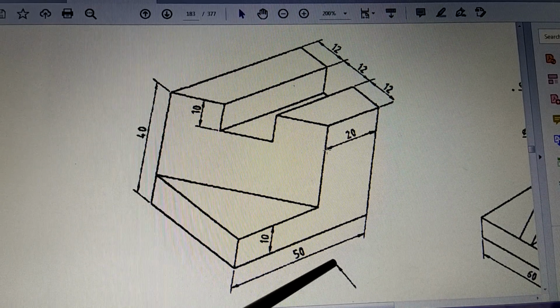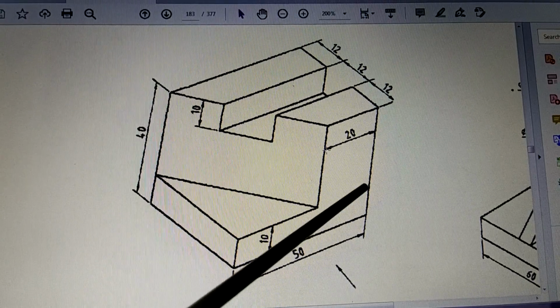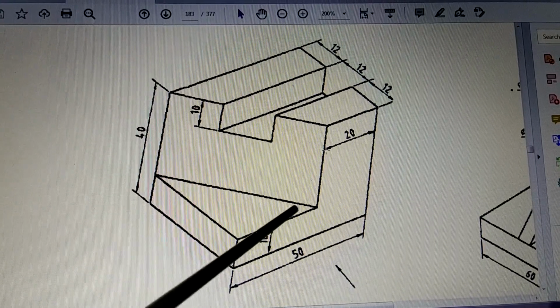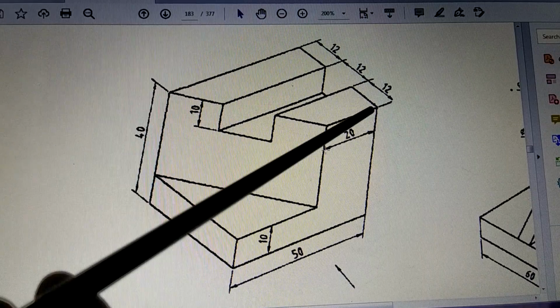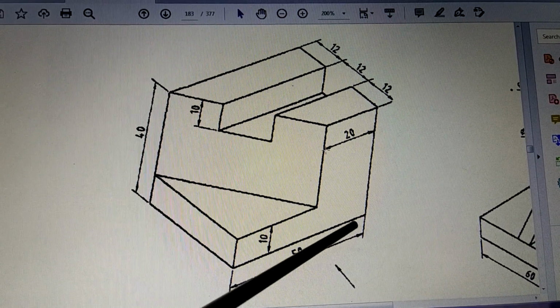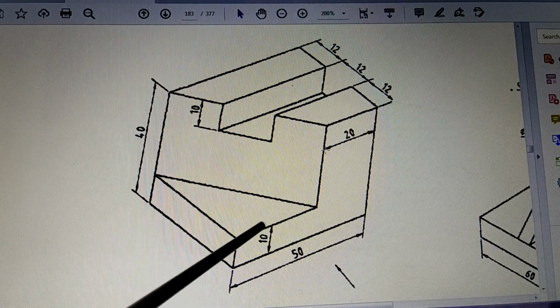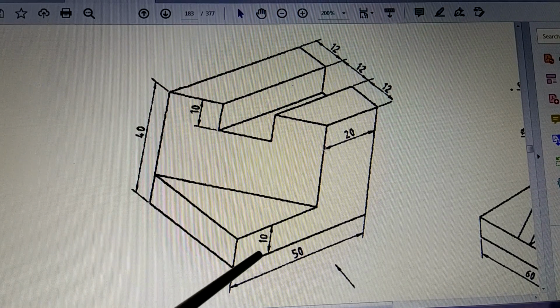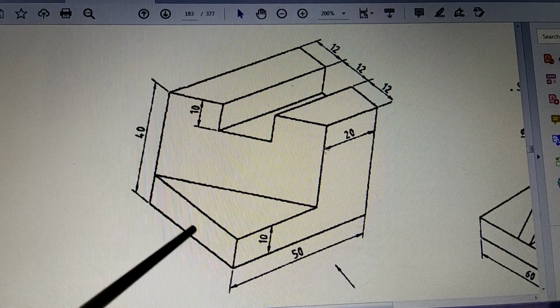We see in this direction, so which surface are you going to see? As you can see here, this is the L type of shape which is visible from the front to start with. So we begin with this simple surface like this as the first surface which is seen. After this surface, what else will you see? Can you see this surface?